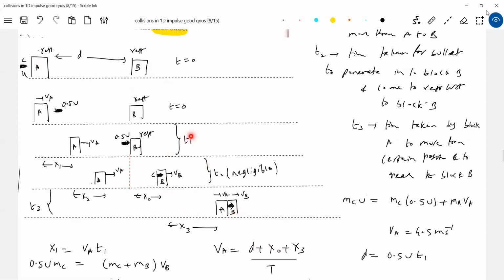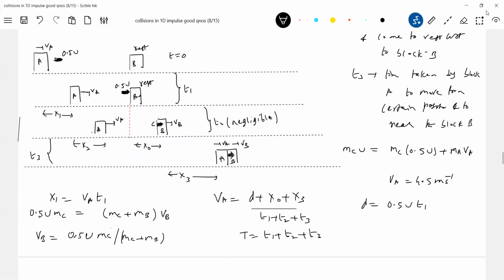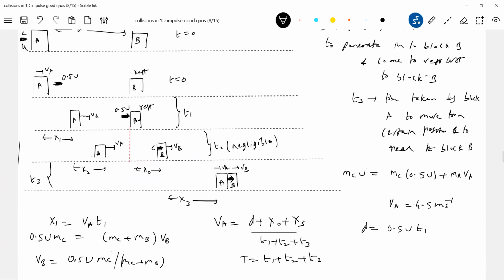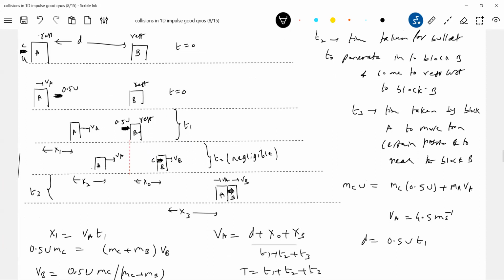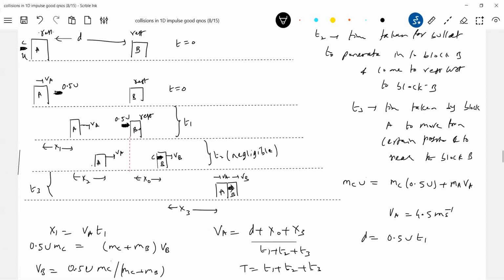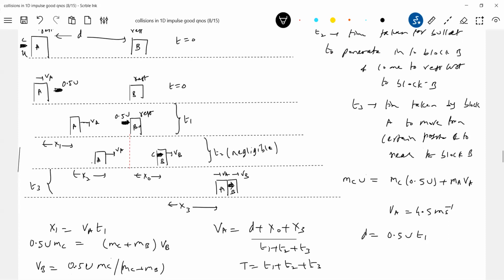What is the overall time? T1 plus T2 plus T3. I think you are getting confused with this, so I'll write it here. And what is T? T equal to T1 plus T2. That is the unknown thing of which you have to calculate capital T. But in between, so many unknowns are there. No, T1 we got it. The unknown things are T2, T3, X0, X3, X2. How to bring all that?